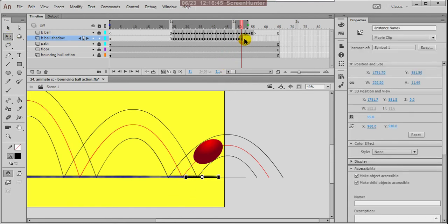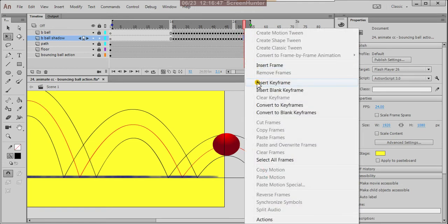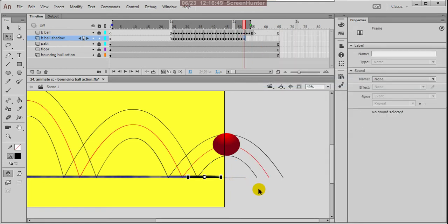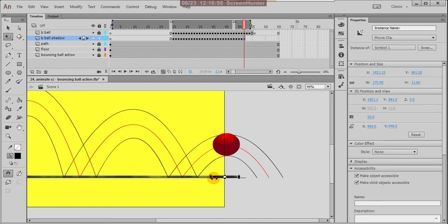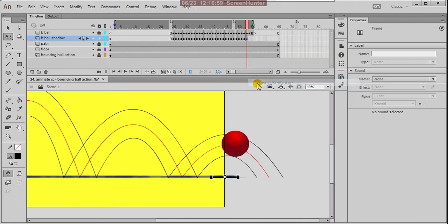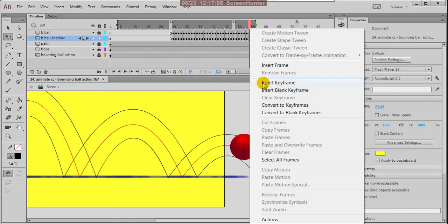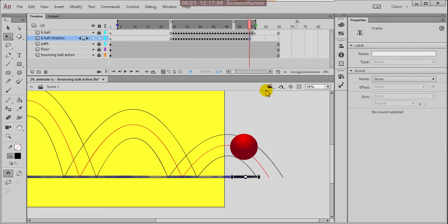Yes, and again here insert keyframe with the right arrow, you can move this to the side. Size can also reduce, and here again insert keyframe, the shadow is moving that side, and here insert keyframe, the shadow also going outside.